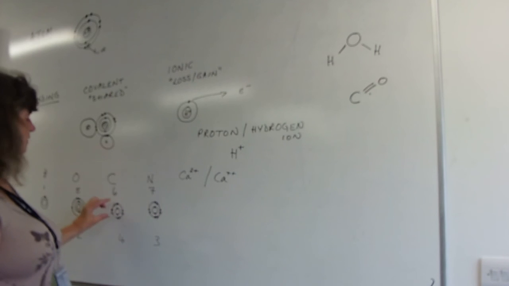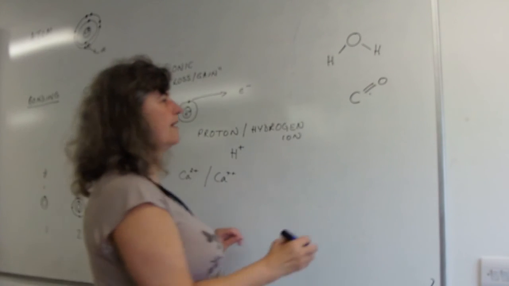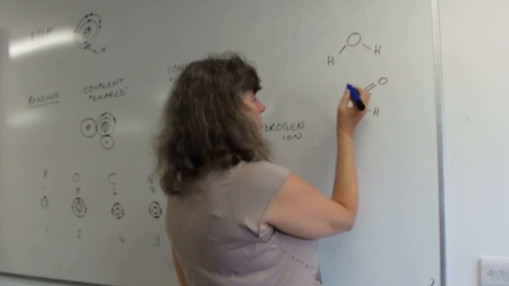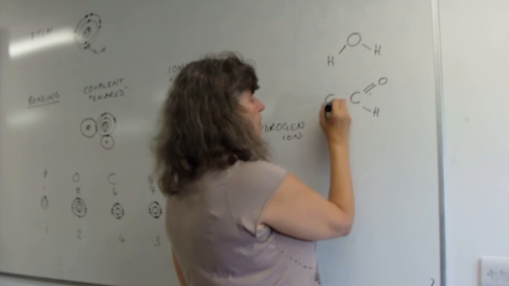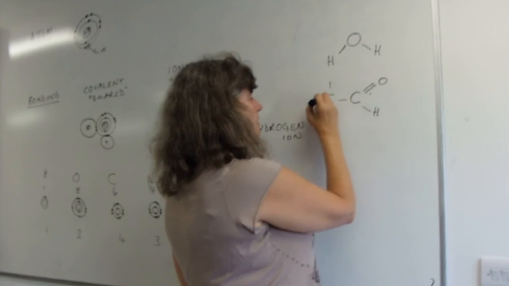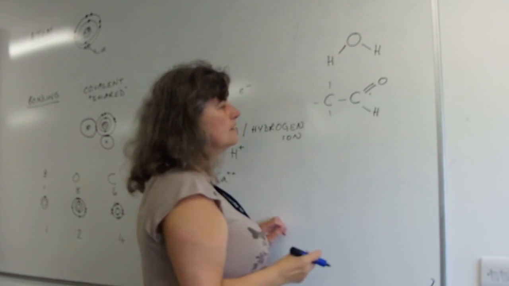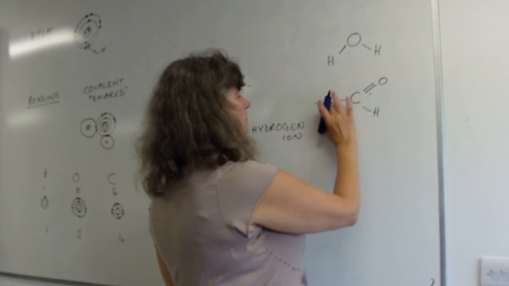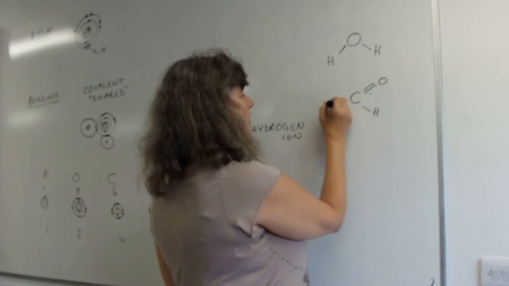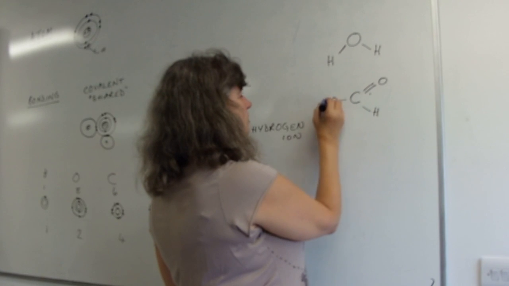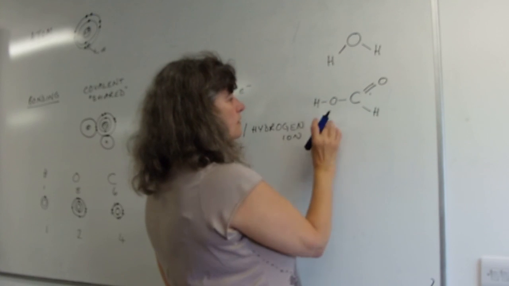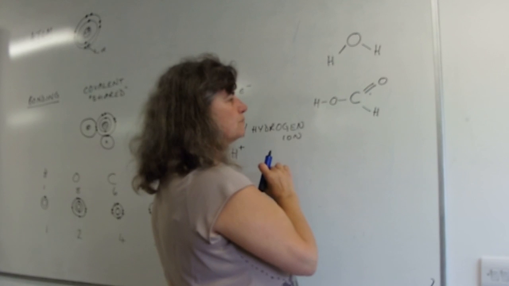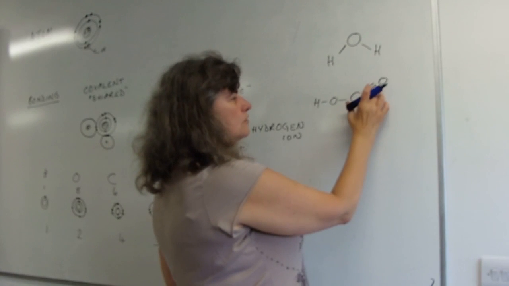The carbon now only needs 2 more electrons to share, and it might share that with a hydrogen, or it might bond with itself and do another carbon, in which case you need 3 more bonds on there. It could share it with another hydrogen, it could share it with an oxygen. Oxygen quite likes to share with hydrogen, so you might get oxygen to hydrogen bonds, and that's quite a common group in biology. So double bonds, 2 shares,